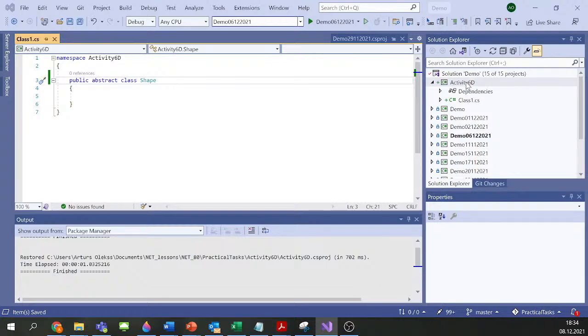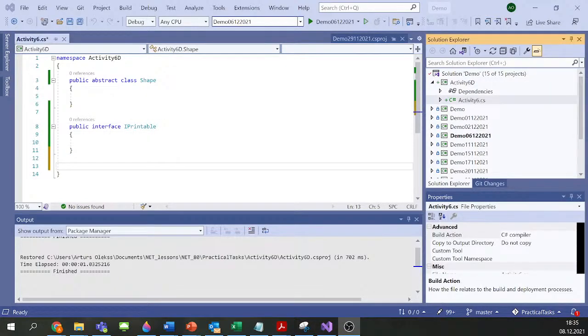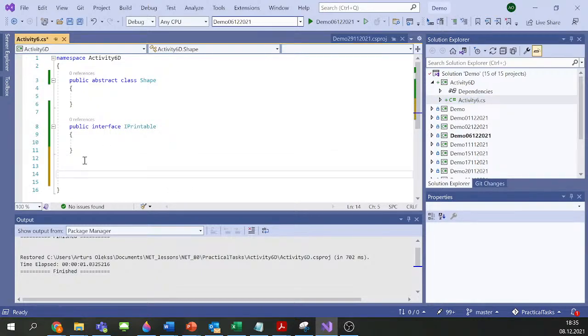It doesn't matter if I create a separate file or use the same one. Maybe for the abstract class and interface we can use the same file, and well, that will be public interface. Oh, sorry, no, Shape, but IPrintable. By the way, I just got the message that my connection is back, so should be good. Yeah, so then I create the interface IPrintable,